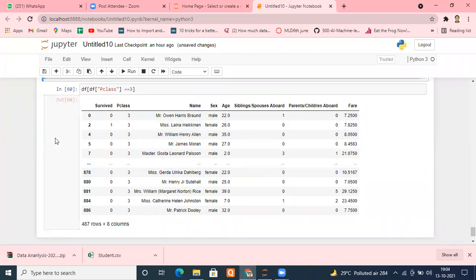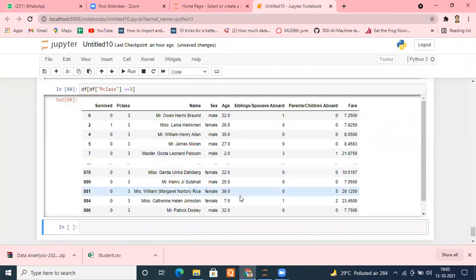Now let's take one more criteria, just one more. Suppose I want to know the list of the people who either, I'm putting the condition, okay, either they were traveling in passenger class 2, or they were not carrying their siblings or spouse together.